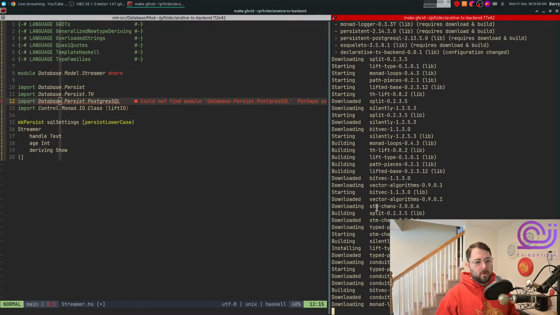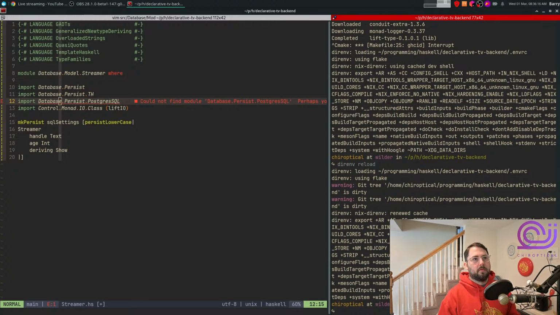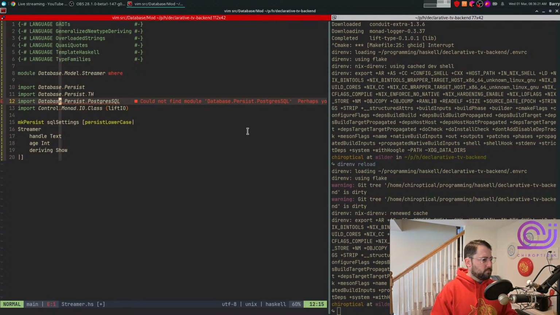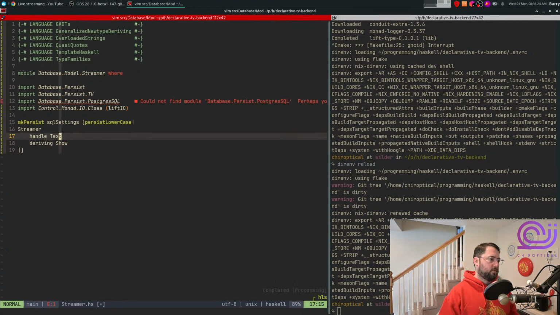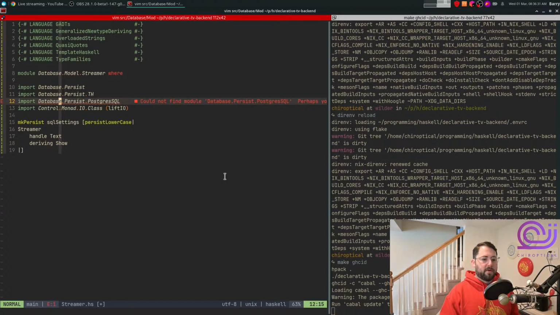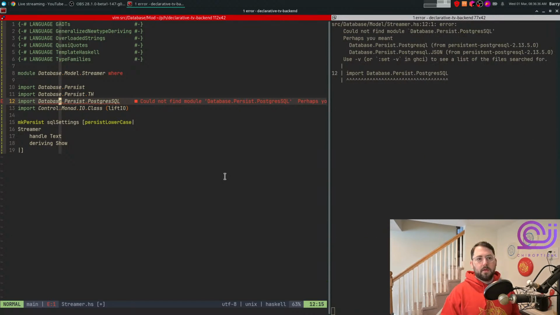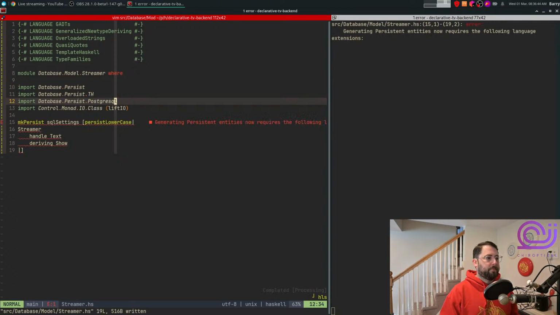One other thing about using the DRN setup that I have is that I shouldn't have to do this. I should be able to DRN reload and just do the thing. So I don't know what else we're gonna have. I'm literally just going to make this for now because I want to make this as simple as possible. So if I did DRN reload like that, then I should be able to just get Postgres and whatever it's called. Okay, so it's just like postgresql like that. And then